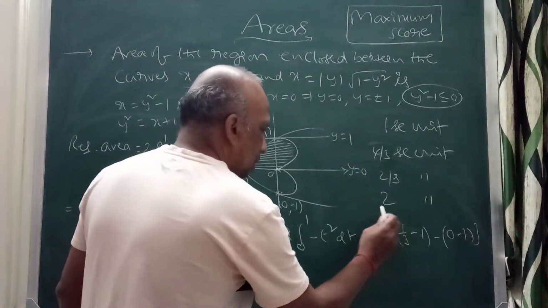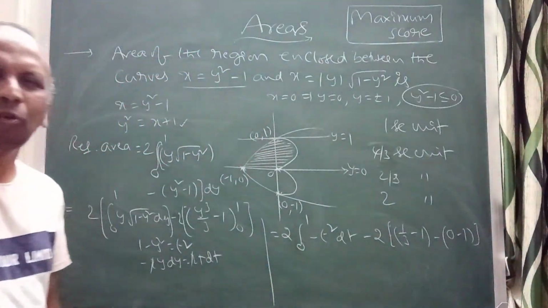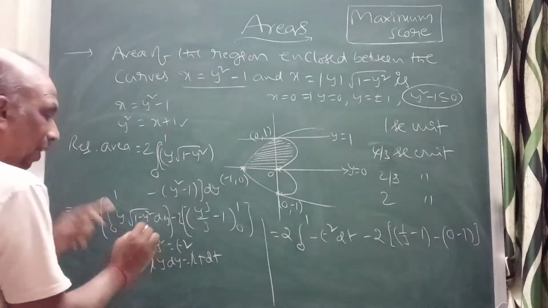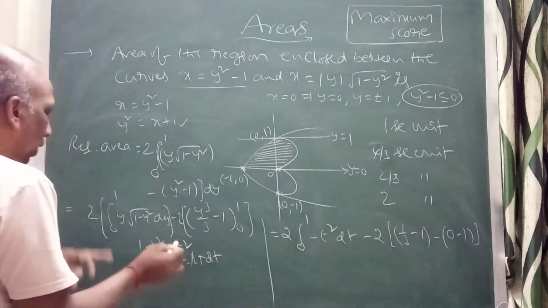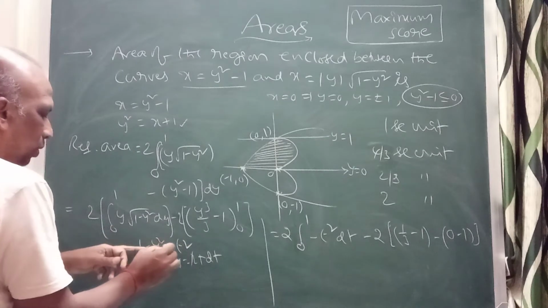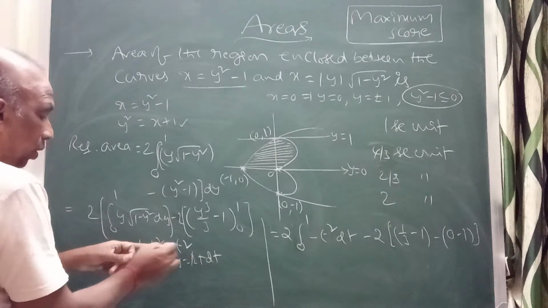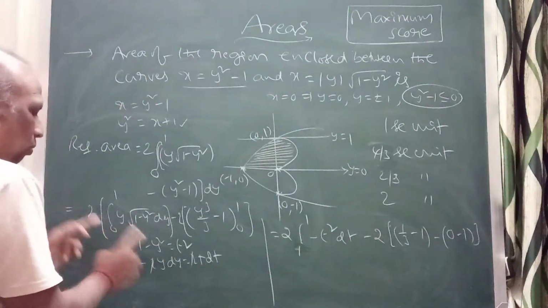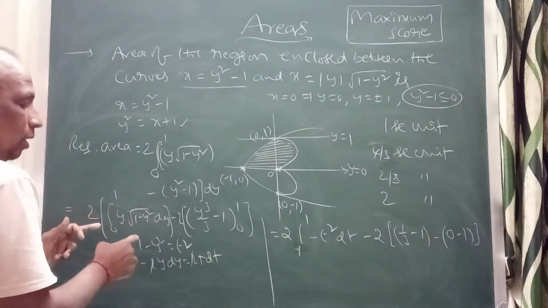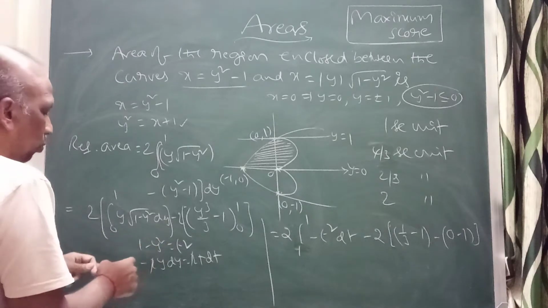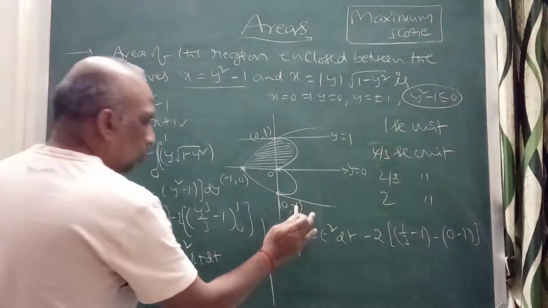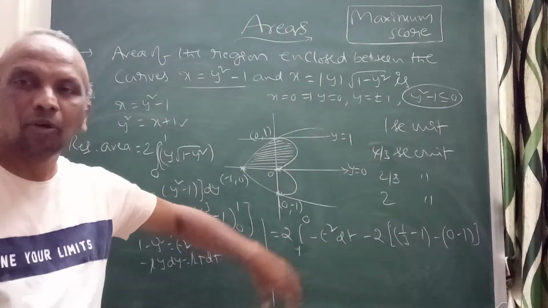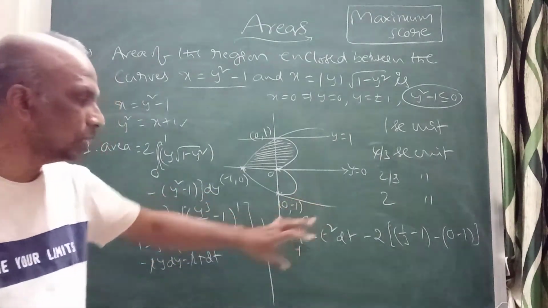It will come like this. You should be careful when you are applying the limits. Even if I change the limit, you can observe here, when I convert in terms of t, when y equal to 0, t square equal to 1, t equal to 1 will come. Correct? When y equal to 0, this is the limits of y. Y equal to 0 is t equal to 1. If it is 1, this will be 0. 1 to 0, right? You should be careful. When you convert in terms of t, you should change the limits also.